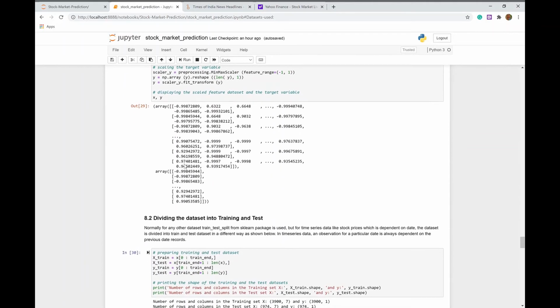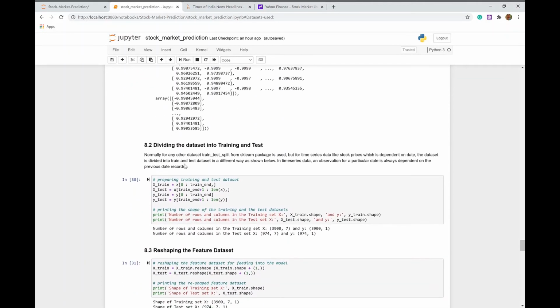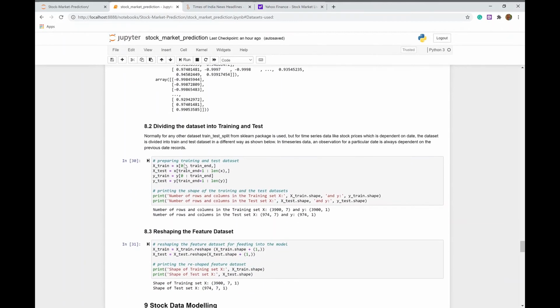Next I will be dividing my data set into training and test data sets. Normally for any other data set we use train test split from the sklearn package. But for time series data like these stock prices, which is dependent on date, the data set is divided into train and test in a very different way.